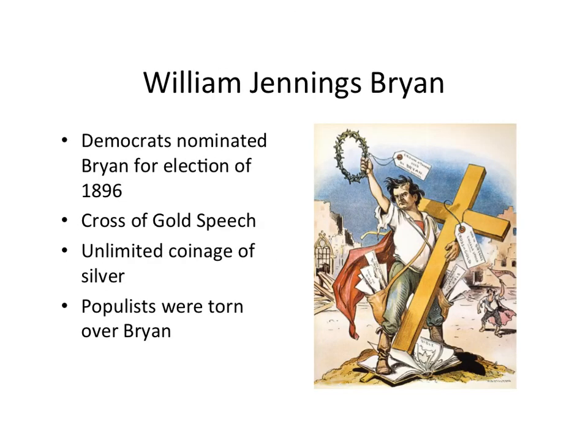He was going up against the Democratic candidate, William Jennings Bryan, who was essentially a populist. He gave this incredible Cross of Gold speech. In this speech, he talked about the unlimited coinage of silver. One of the things with the populists, though, is they were kind of torn because they were like, is he a Democrat? Is he a populist? And this actually hurts because it's kind of like today, where the Democrats tend to be a lot more green in terms of what they favor for the environment, but they are definitely not to the extreme of the Green Party.